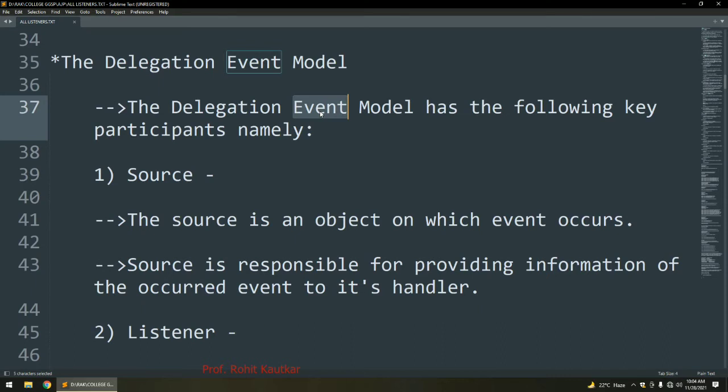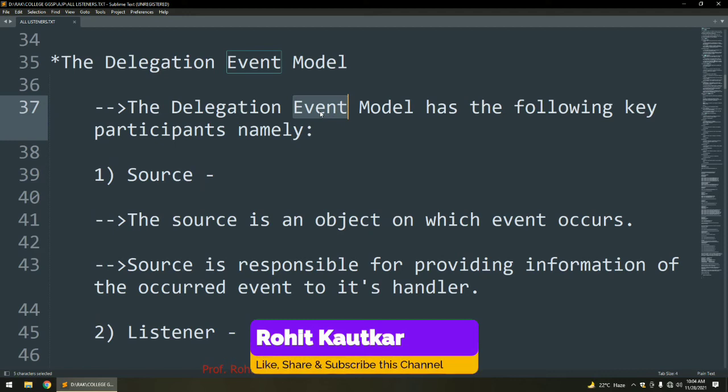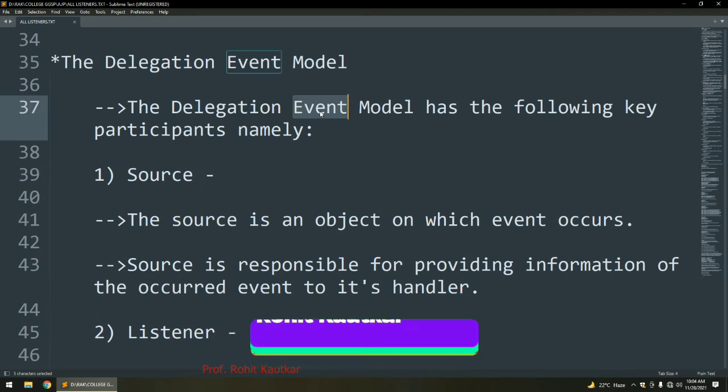For example, a button will be a source of events, because whenever the user clicks on a button, an event is generated, or whenever the user clicks on a checkbox, an event is generated. So a source is an object which actually generates events. The source is responsible for providing information about the occurred event to its handler.